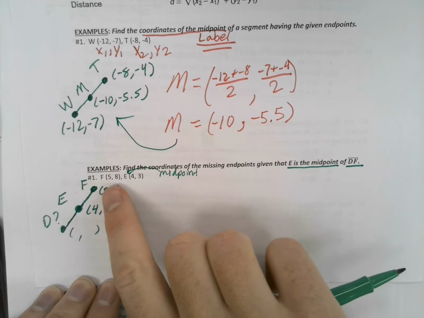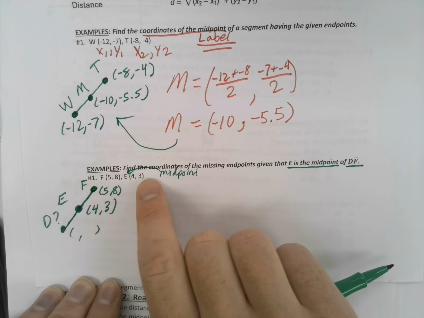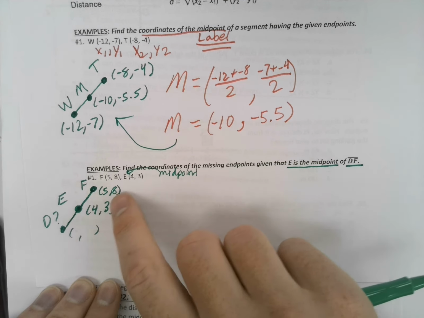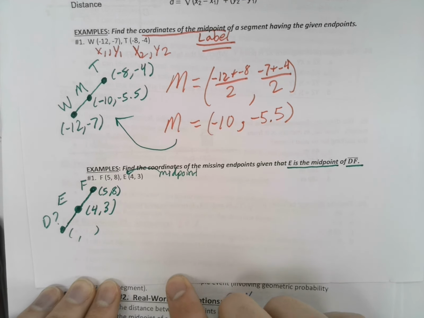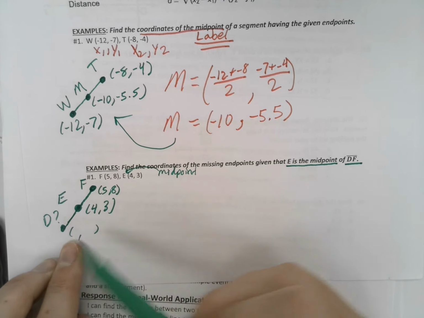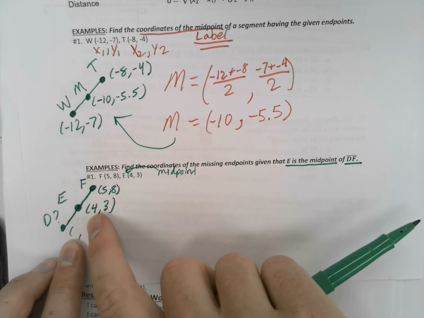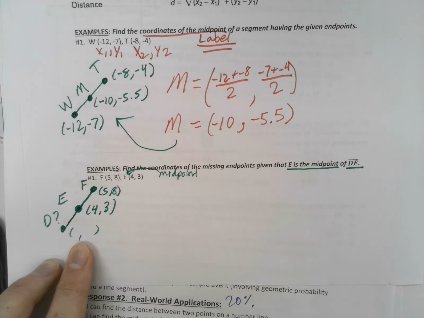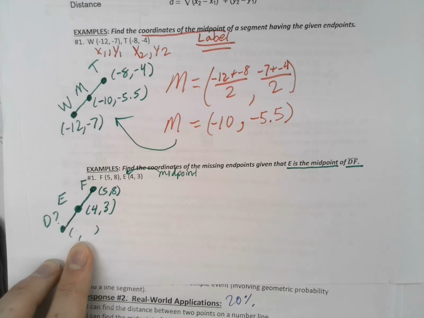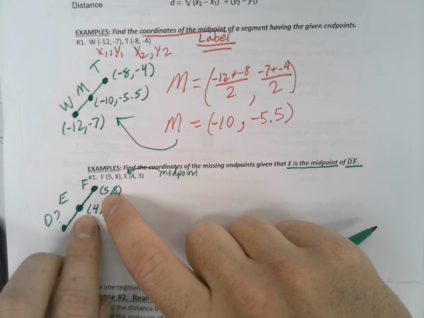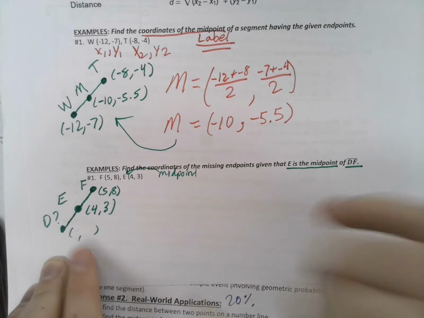Because we can tell, obviously, 5, 8 to 4, 3, we're heading down and to the left because the x is getting smaller and the y is getting smaller if F is an endpoint and E is our midpoint. So we know D should have an x that is smaller than 4 and a y that is smaller than 3. And here's the thing. We can cheat a little here. Don't tell anybody. But if we know that from F to E, to get to the midpoint, the x just goes to the left one,